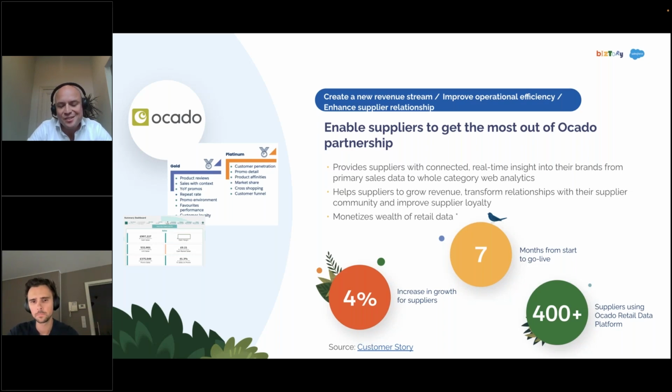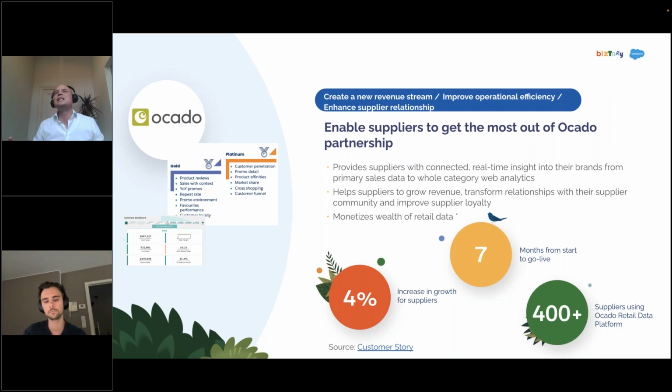And one of the cool things is also that the whole thing, from the first idea of we need to set something up that does this until going live, was 7 months. So that went quite fast. The cool thing is also that for Ocado, the monetizing part, and I mean the direct monetizing, asking money for getting access, wasn't the real focus. Obviously, by the money that comes in, they can easily cover the costs they have for the platform, and the margin is very positive there too. But their end goal was actually to enable suppliers to get the most of the Ocado platform.